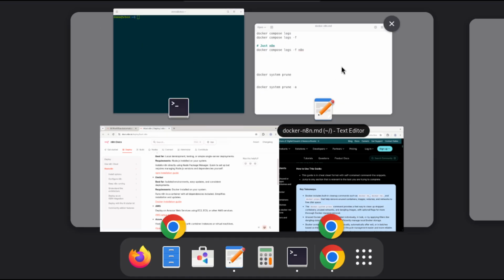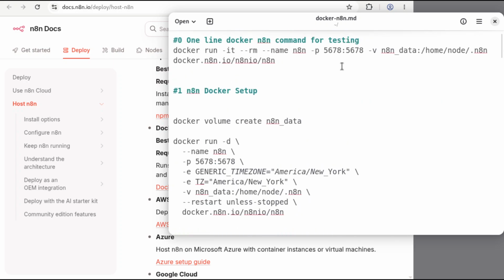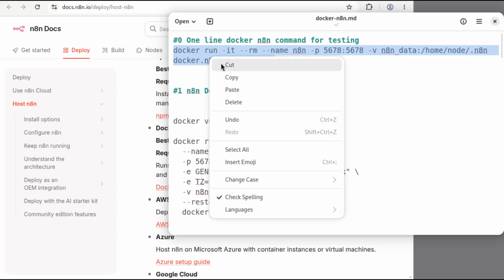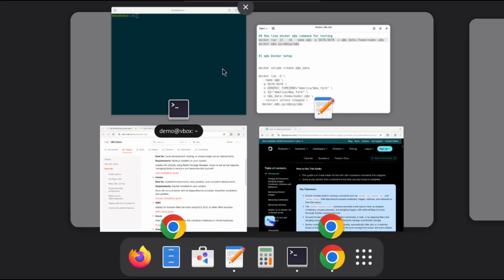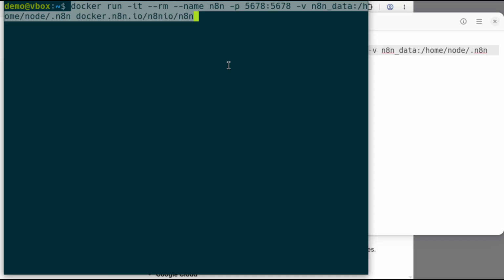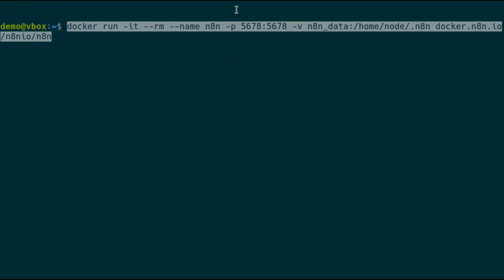So the first method is a one-line Docker N8N command for testing purposes. So in this one, we're going to use Docker, and the command is this one. So let's dissect this command. So we're going to use Docker, and we're going to use this image called docker.n8n.io/n8nio/n8n. This is the image that we're going to use, and we're going to run it using the run command